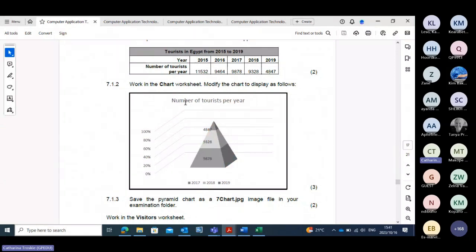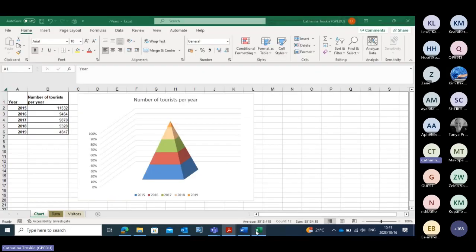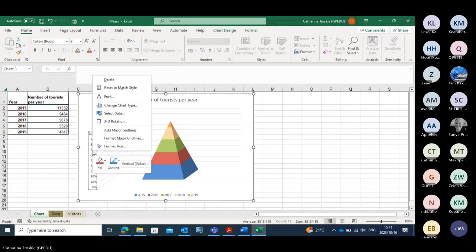First of all, the chart heading is the same. No need to do anything here. If I go to the left-hand side here, can you see that my units is 0, 20, 40, 60, 80, 100? At the moment, this units is 0, 10, 20, 30, 40. All right, so you have to change your units here. On the vertical axis, click right,